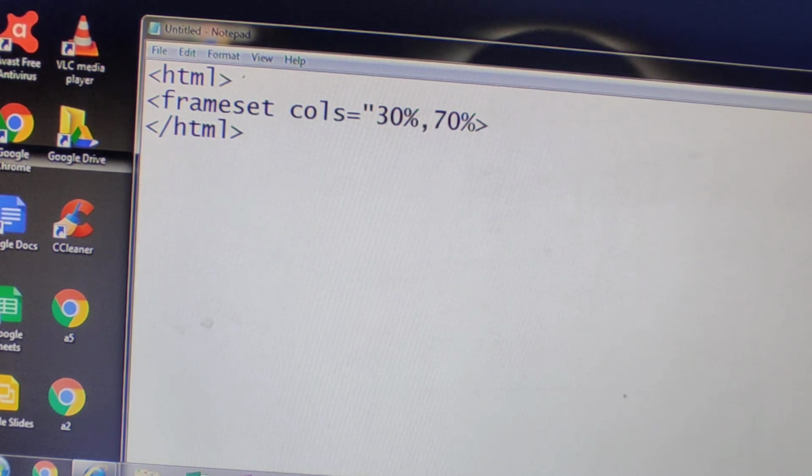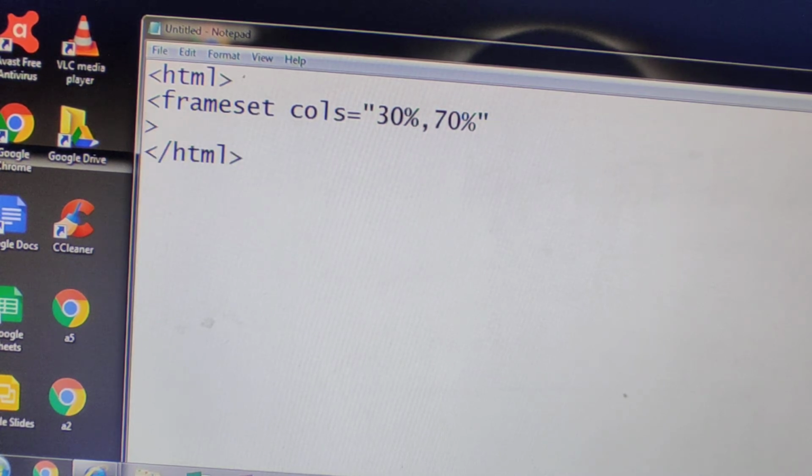And what am I giving? The size of the first window and the size of the second window, and it should be in double quotes. Whatever sizes you are giving should be in double quotes, and if you are giving more than one size, they should be separated by commas and enclosed between double quotes.